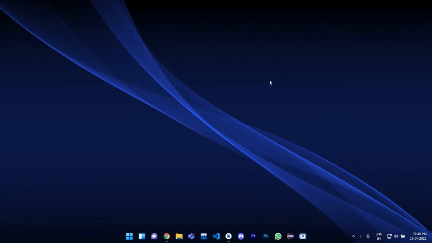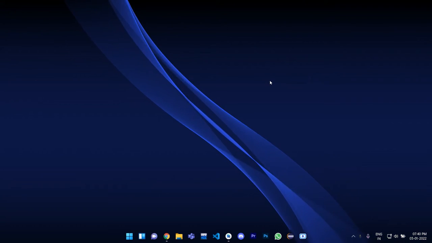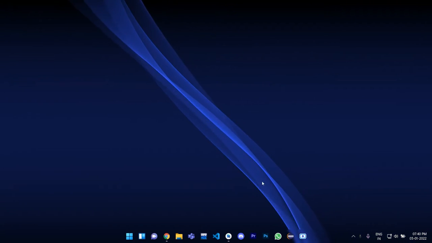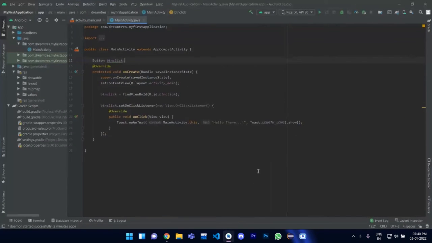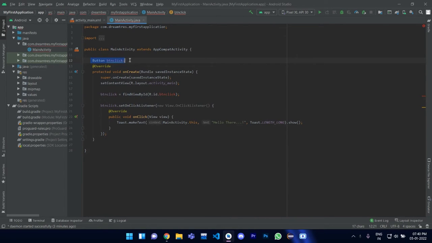So today in this video we are going to see about edit text and text view in Android Studio. So let's jump back to our studio. Okay, this is my previous tutorial code, that is we created a button and displayed a toast message. So firstly we will delete the button code from the XML file as well as from the Java file. Okay,